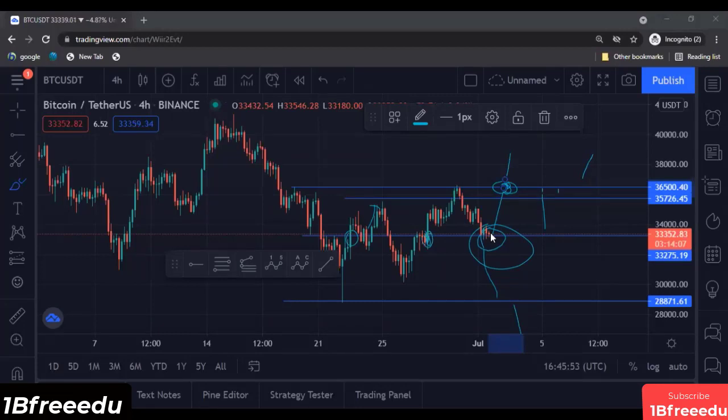So as you can see here, as we have bought at 33,500 or 700,